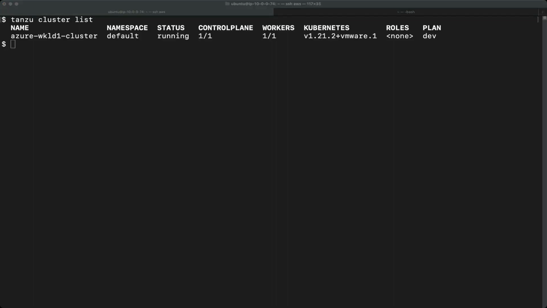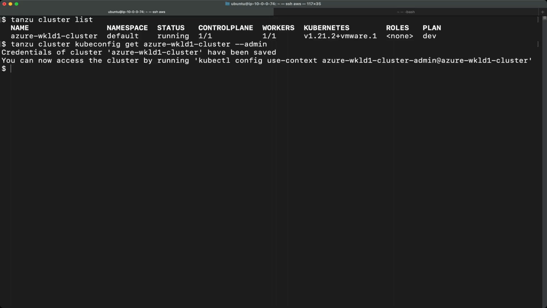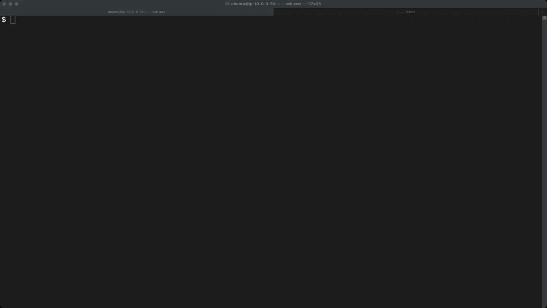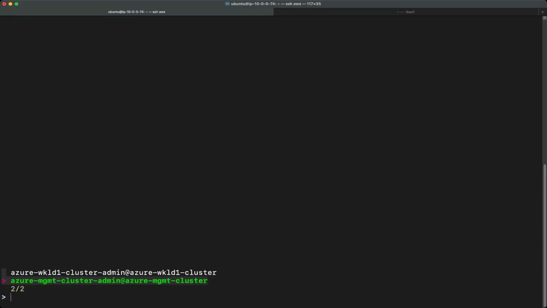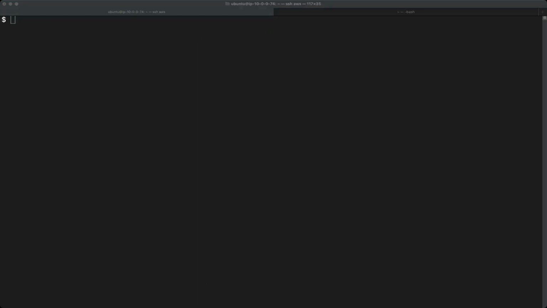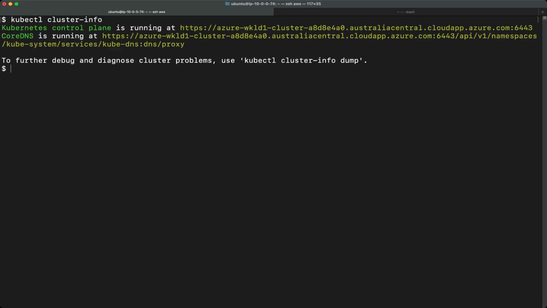You can use this Kubernetes cluster by getting the kubeconfig of the workload cluster. Once you do that, you can use kubectx and choose the workload cluster. Now you can run cluster info, and you can see that this is also a cluster running on the public internet, and you can also see the DNS for the workload one cluster.